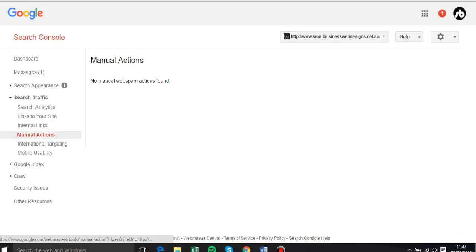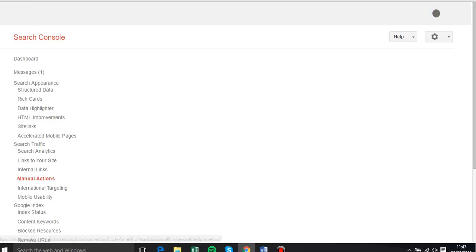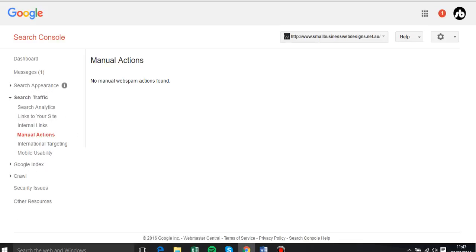Manual actions, this is a scary one, because if you click on that and you see you have a manual action, Google will notify you, and that means your site's been penalized. This is quite significant for large companies, and it does happen quite regularly. Whereas for your smaller companies, very rarely does Google go in there and find something which it manually